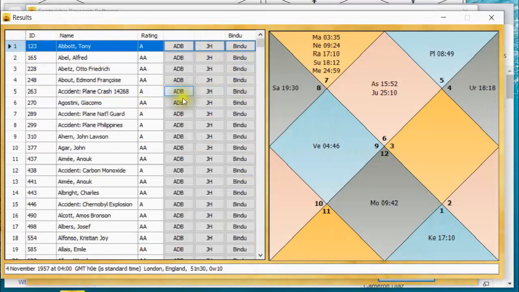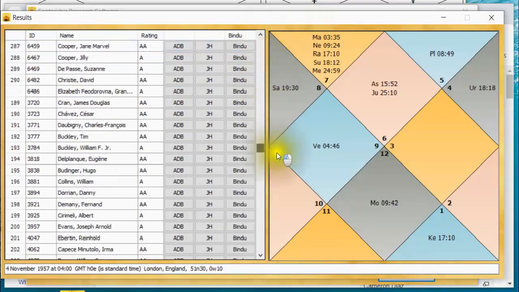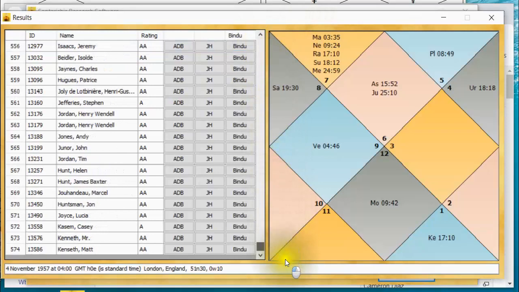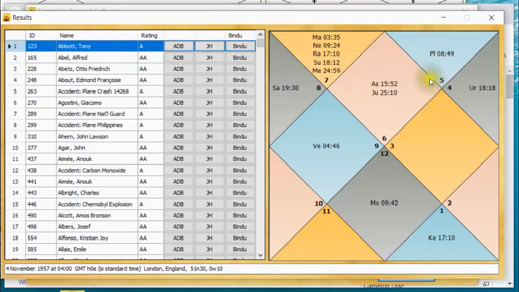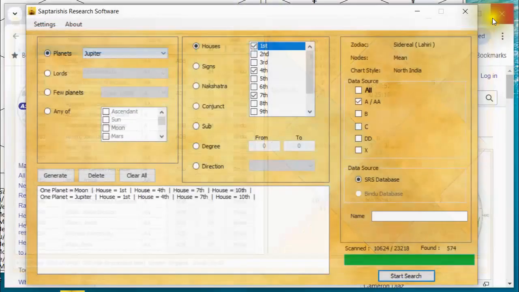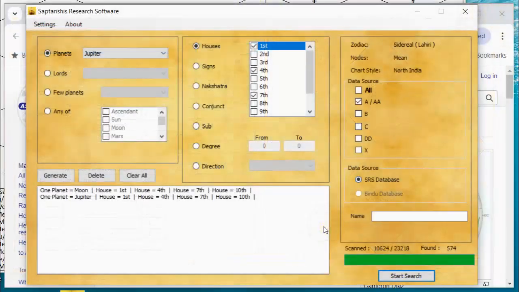It burps out everything that it's found thus far. And I didn't pay attention to where we were at, but it was way too many. I could scroll down through here and I could see I've got almost 600 already, and I wasn't even halfway through my search. So forget that. I'm not going that. So sometimes you'll do this and you'll realize, wow, my search criteria are too loose. I'm going to end up with far too many horoscopes to visually inspect or looking for names I recognize.